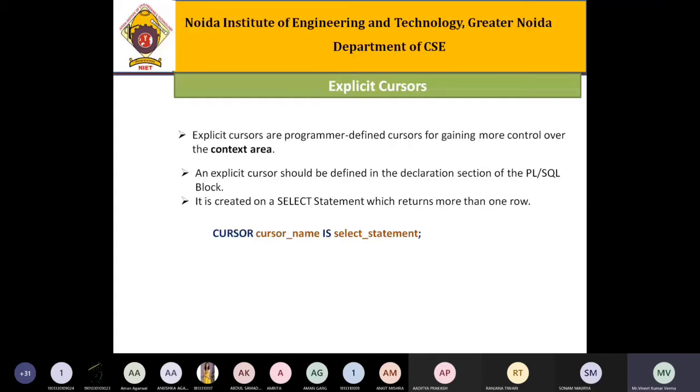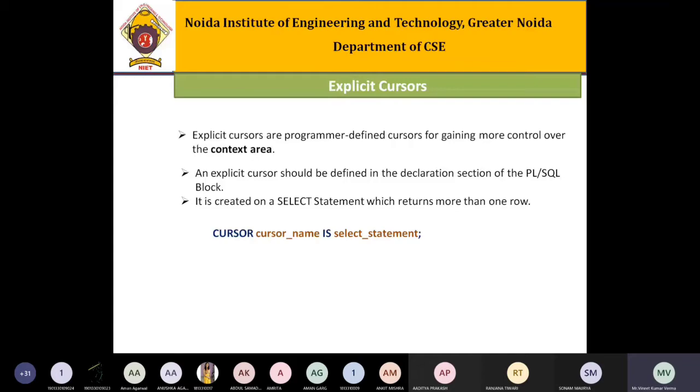Similarly, in PLSQL, we have to declare it first. So declaring or creating a cursor is done under the declaration part of the PLSQL statement, right? So an explicit cursor should be defined in the declaration section of the PLSQL block.